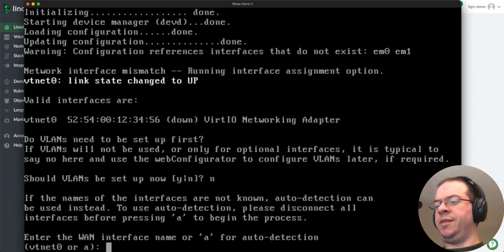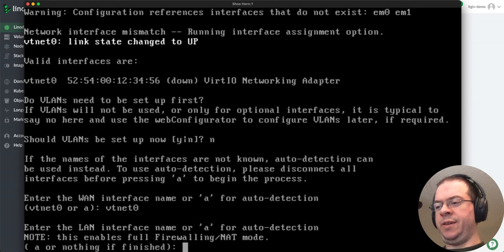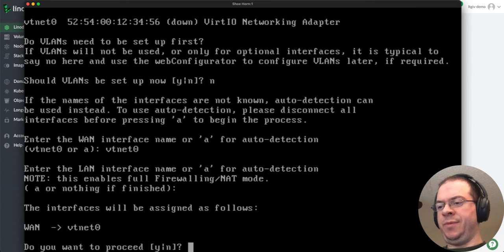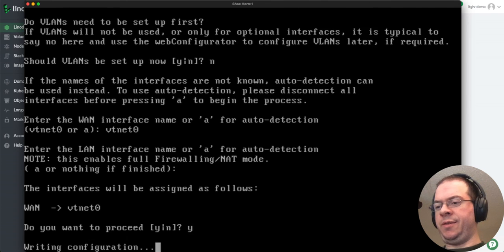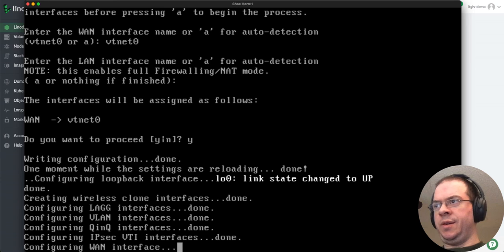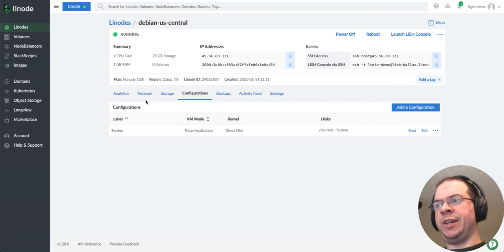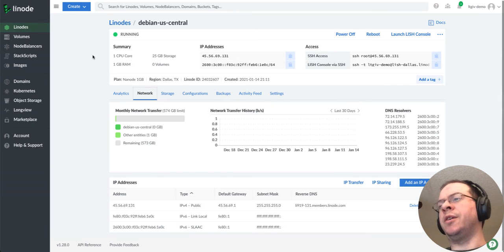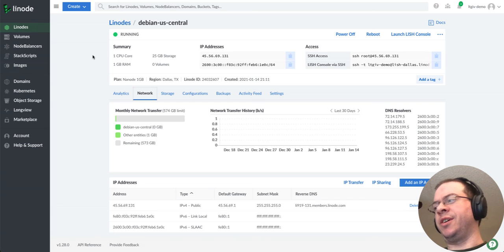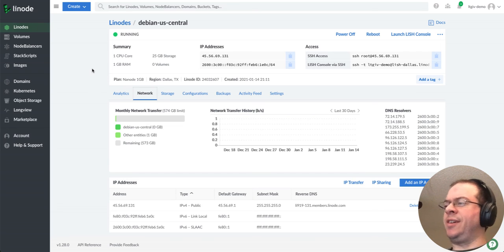Okay, no VLANs. VTNet 0 is going to be our interface. No LAN. Yes. Now, the cool thing, Linode gives some pretty good information. I had actually mentioned this in my prior video. Linode gives some pretty good information about